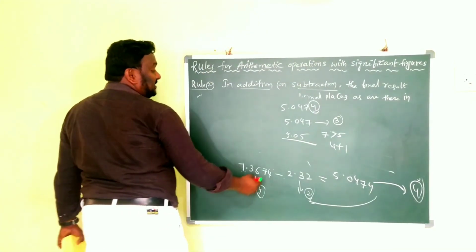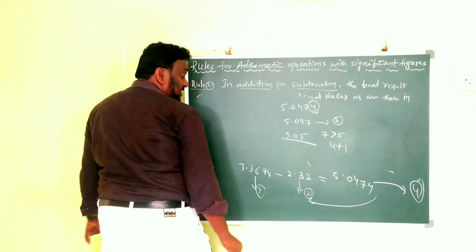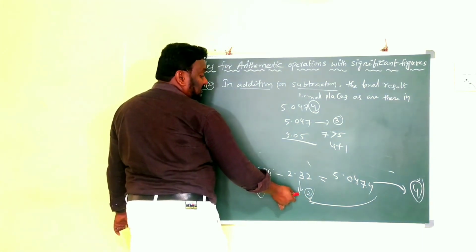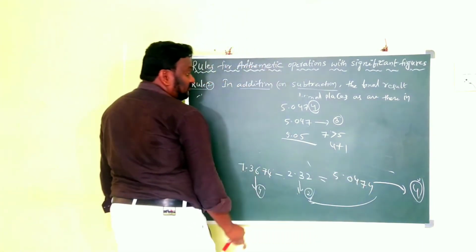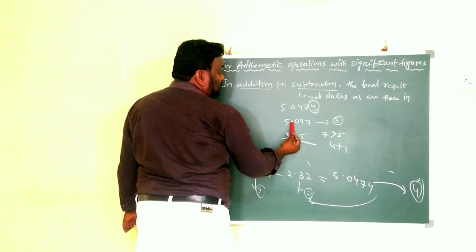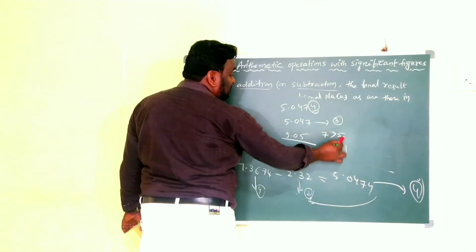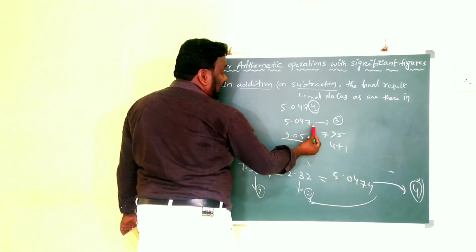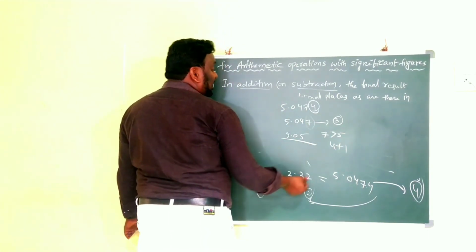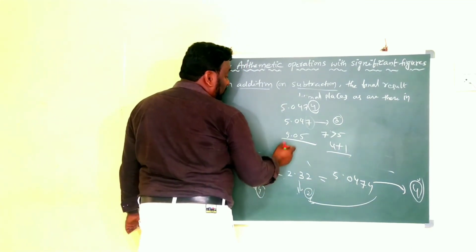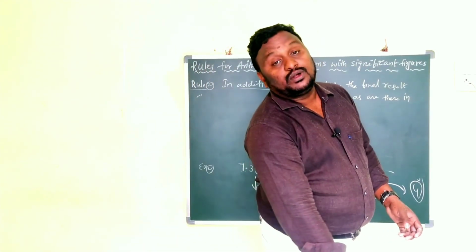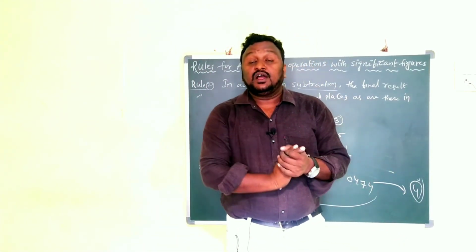5.05. Now how many decimal places are there? 1, 2. So children, the answer 5.0474 should be rounded to 2 decimal places. Here already 4 are there, that's why first I selected 3 decimal places, 0.047. Here 7 is greater than 5 and the number before it is 4, and when the last uncertain digit is more than 5, the number before it should be increased by 1. This is one type of rule. Then you get 5.05. So children, in this way we round off the significant figures in arithmetic operations.